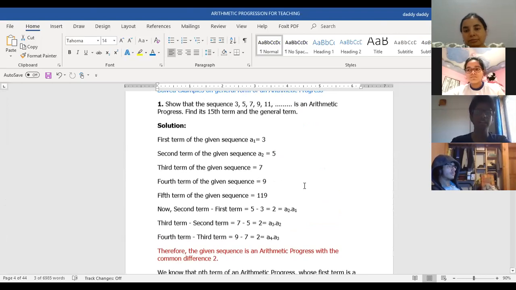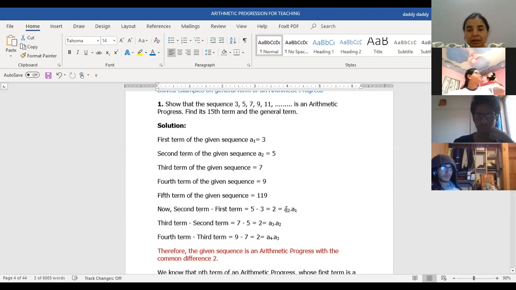Instead of writing all these statements, I just wrote that a is equal to 3, a2 is equal to 5, a3 is equal to 7, and then took the common difference of all of these terms, and all came as 2. So then I wrote that it is an AP. But unless you give them some names, like here, it is simply a subtraction. So first is proving. Unless you tell them that this is the first term, this is the second term, it will just take two more lines to add. But you have to be specific.